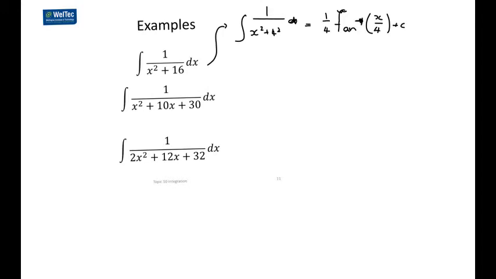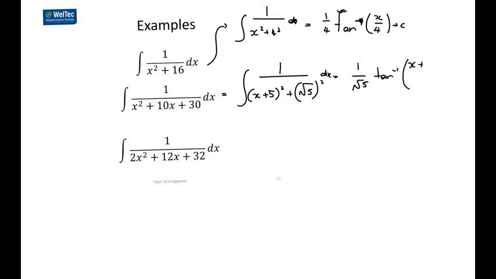We can add 25, subtract 25, so that we can rewrite it as the integral of x plus 5 squared plus the square root of 5 squared, and then straight away we can see that it fits the pattern 1 over root 5 inverse tan of x plus 5 over root 5 plus c, and we'll do this next one